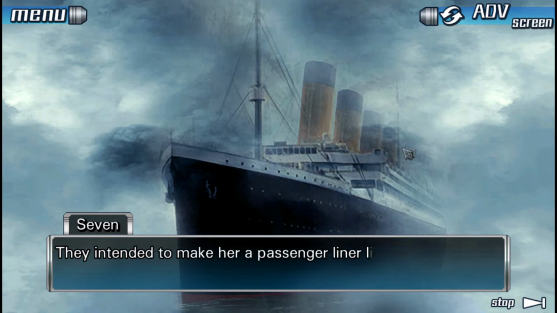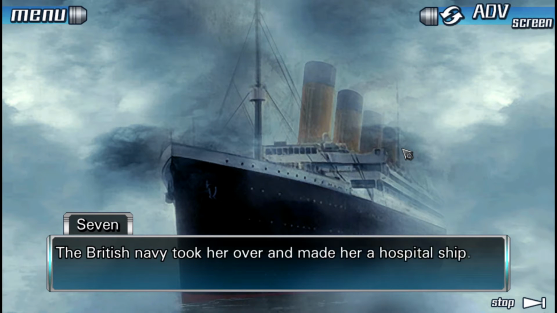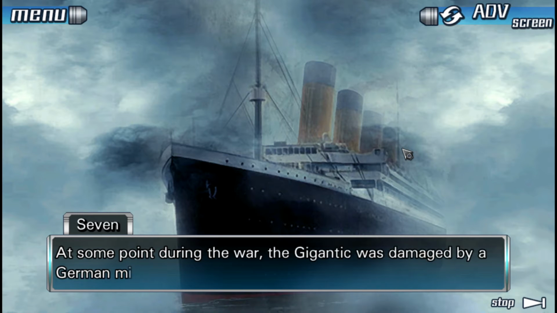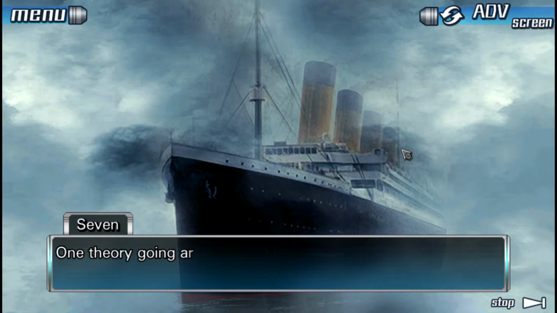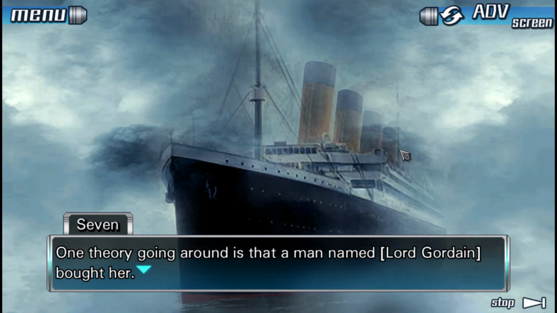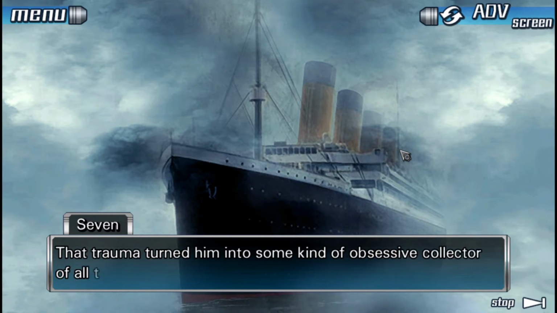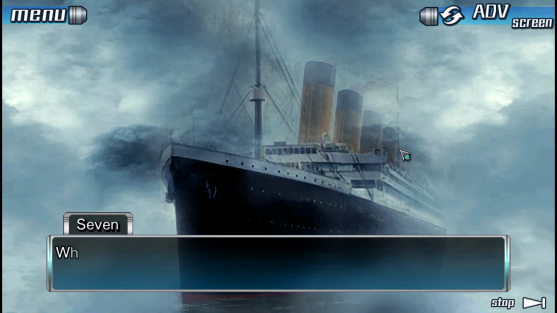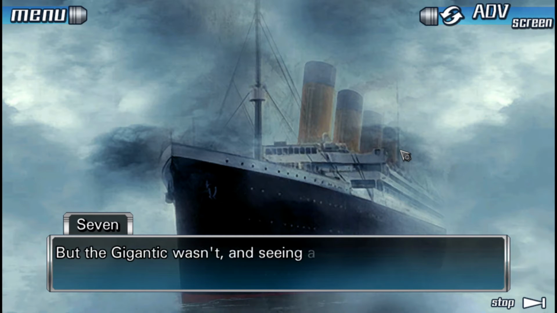They intended to make her a passenger liner like the Titanic, but World War I began soon after the ship launched. The British Navy took her over and made her a hospital ship. At some point during the war, the Gigantic was damaged by a German mine in the Aegean Sea. She ran aground afterwards, so she didn't end up sunk. What happened to her after that? One theory going around is that a man named Lord Gordain bought her. Seemed like he'd been one of the few to survive the Titanic sinking. That trauma turned him into some kind of obsessive collector of all things related to the Titanic. Soon enough, the guy wanted the Titanic itself, which was impossible, of course. It's stuck at the bottom of the Atlantic Ocean. But the Gigantic wasn't. And seeing as she was identical...